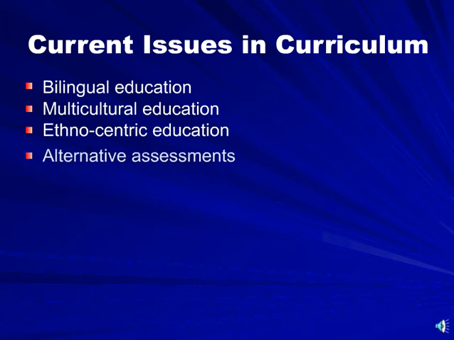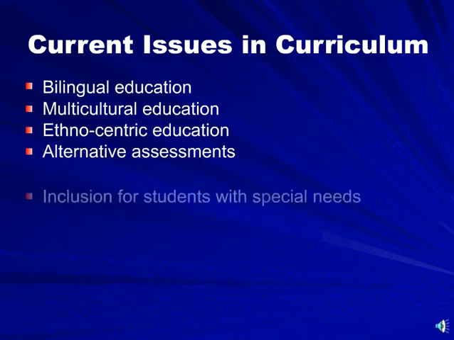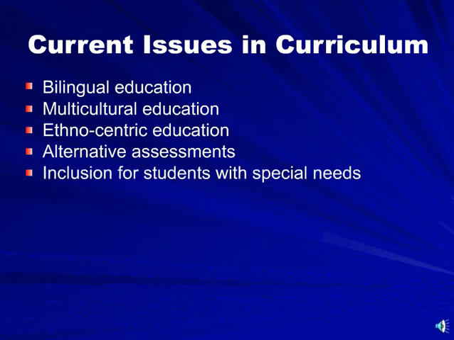Those are issues. Certainly alternative assessments, which would be the different approach to using measurement-driven instruction, would be an issue, as would be the inclusion of students with special needs in mainstreamed classrooms. Now, even though the education of children with special needs has been federal law now for over 30 years, still the way we implement that, the extent to which the implementation occurs in the regular classroom is a question still at issue. And as we found out last week, character education is an issue.